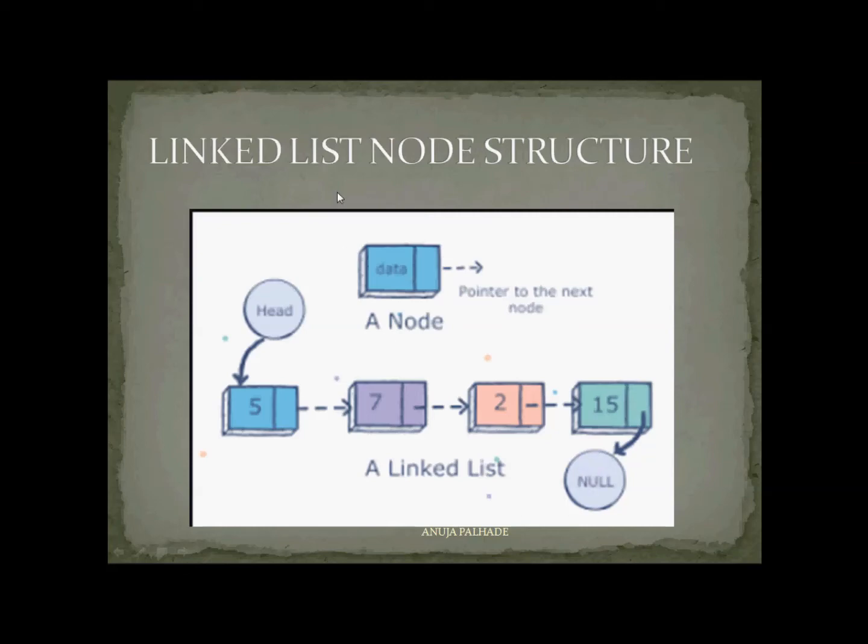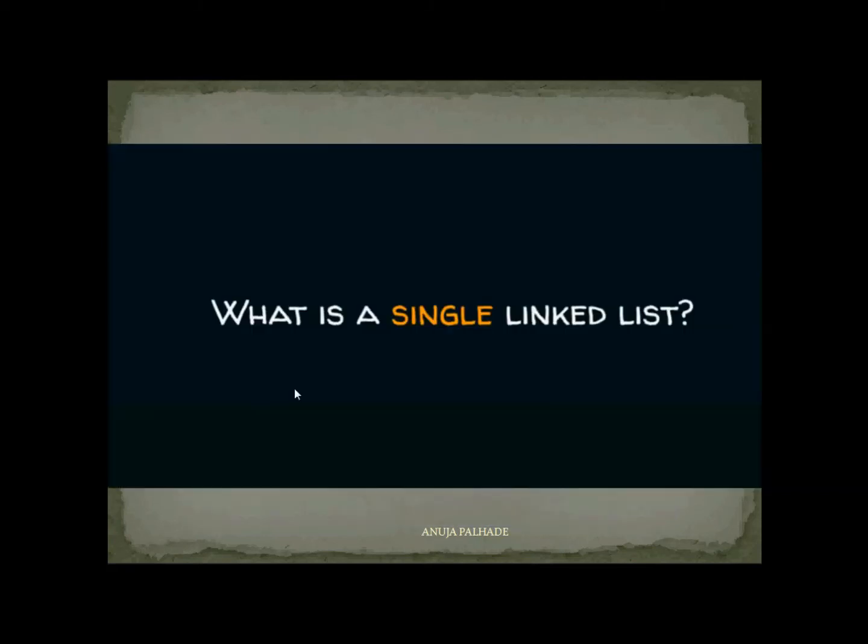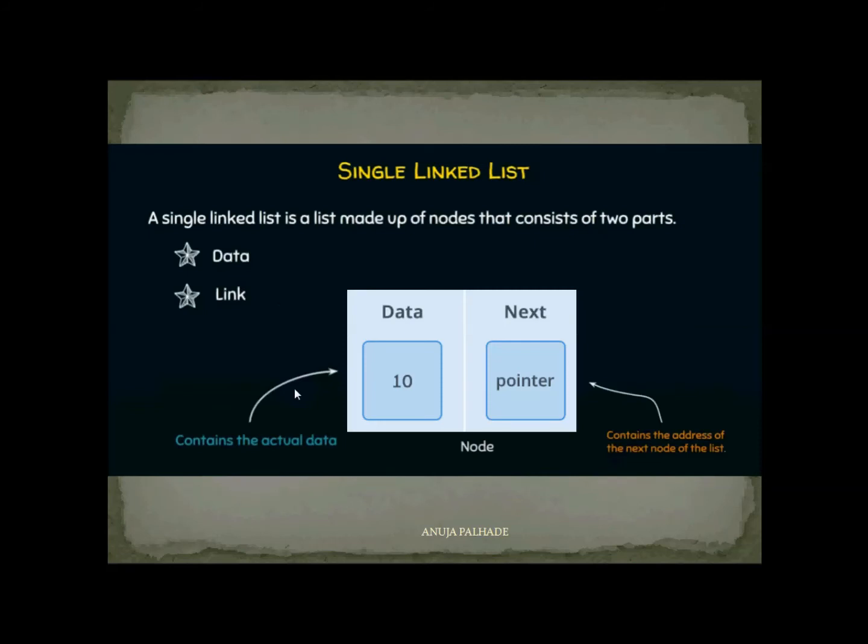Now my question is, if we know the address of the first node, we can traverse any node of the linked list. But if we don't have the address of the first node, how do we get it? So this is the head node. We have to point to the first node of the linked list always, and the head node is always going to point to the first node only. Let's understand the introduction of the linked list using a singly linked list.